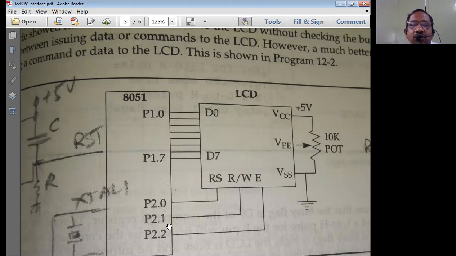Pin 0 of port 2 is connected to RS. Pin 1 of port 2 is connected to R/W. Pin 2 of port 2 is connected to E, that is the enable pin. And VCC, VEE, VSS are fixed connections, so we don't touch these.